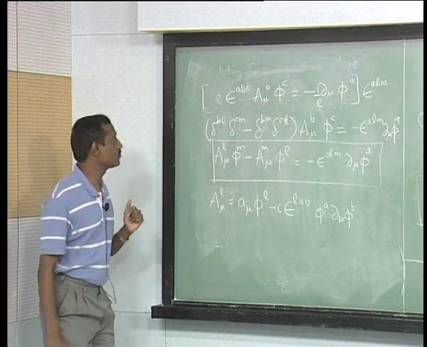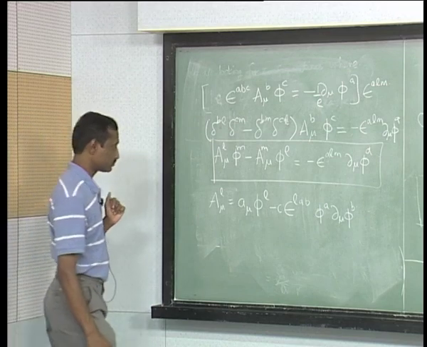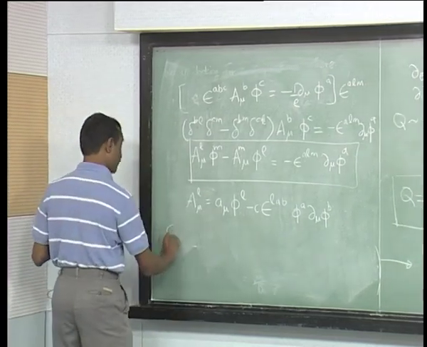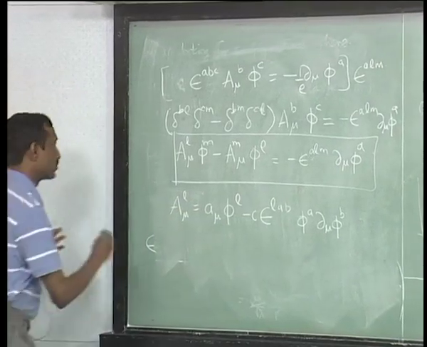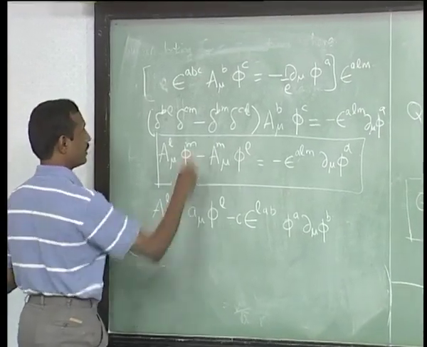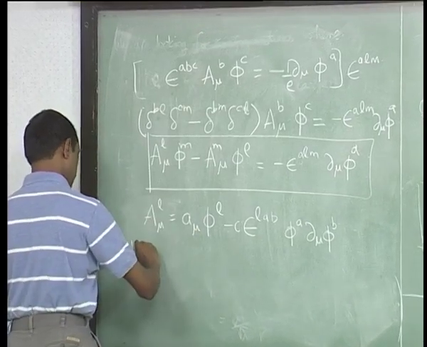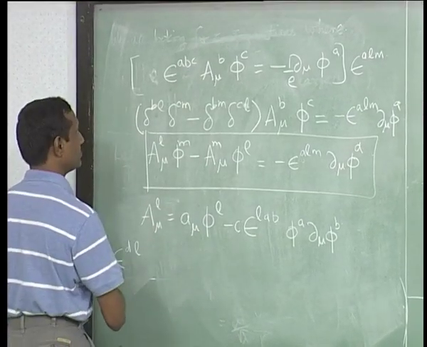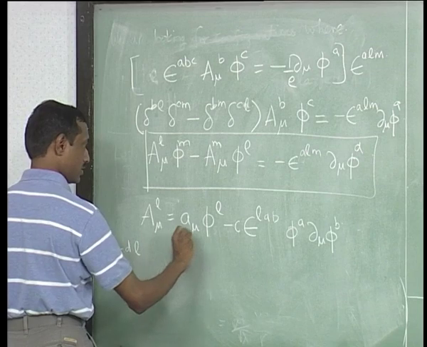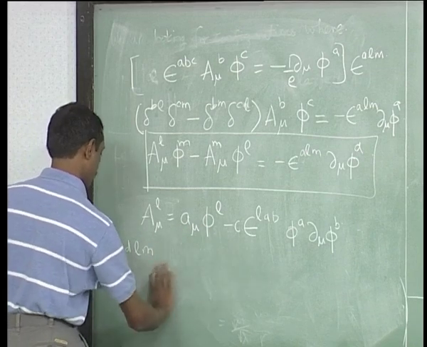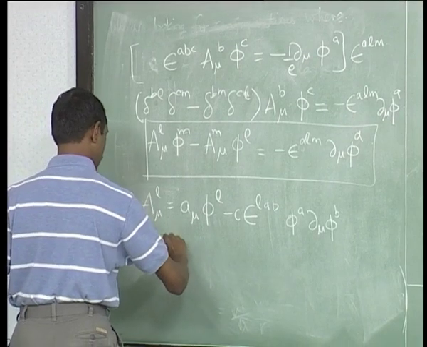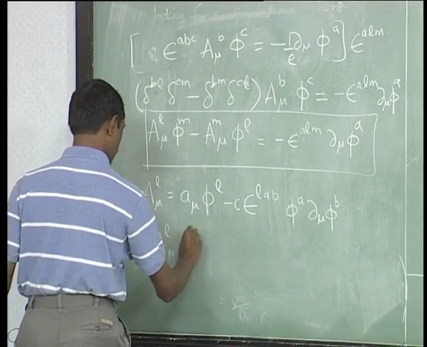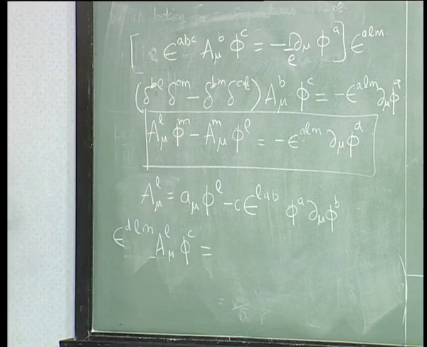So what I need to do now is to work out the epsilon, I have to be careful with indices. So let us put d, and then I have a mu here as L, that is good, and are there any m's here? No. Okay. Epsilon dlm a mu L phi c should be equal to,